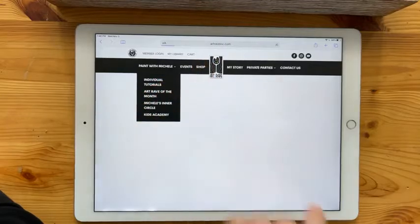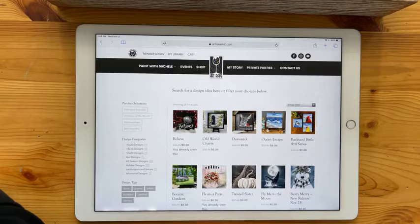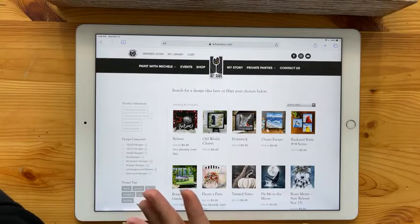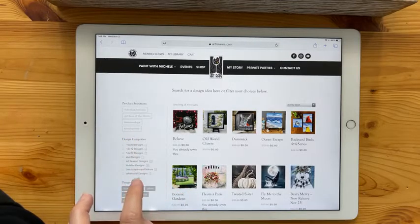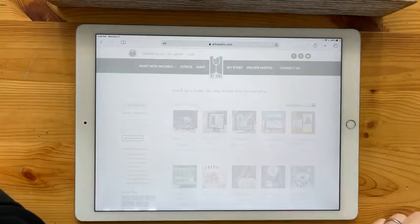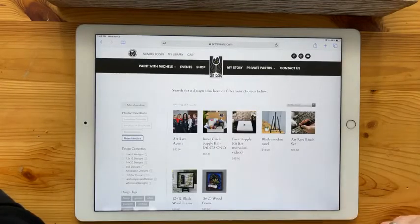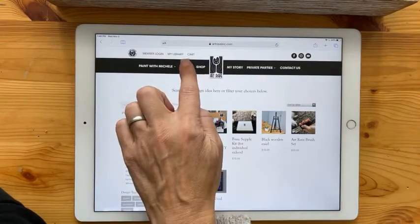And then the shop is really the focal point, because this is where most people can purchase videos. And you can always filter them, like I said here. Then we're also going to have a little merchandise where I'll be putting in some additional things, like our brushes, aprons, paint kits, frames. I was just going to ask you about that. Good. And then we still have our events button. So now the events